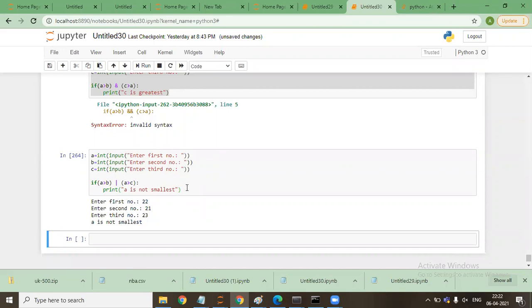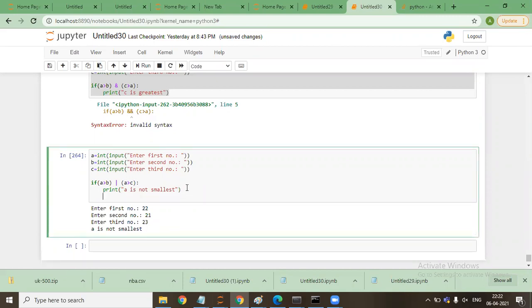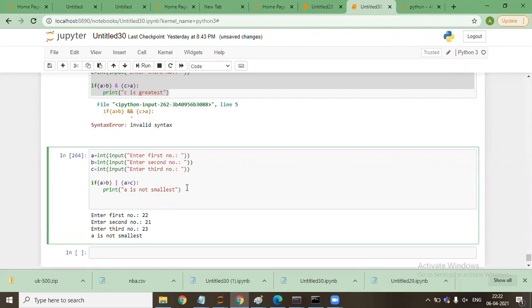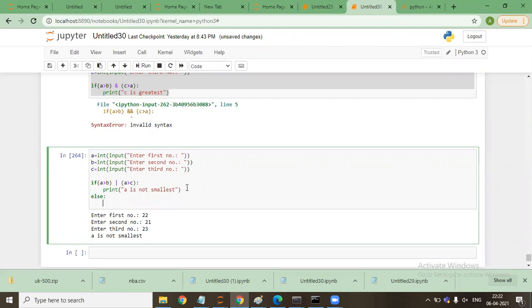So in 264, can you add one more statement like else print A is smaller value? Yeah, we can do that. You can keep on adding. You see, like this, you can say else print A is smallest.